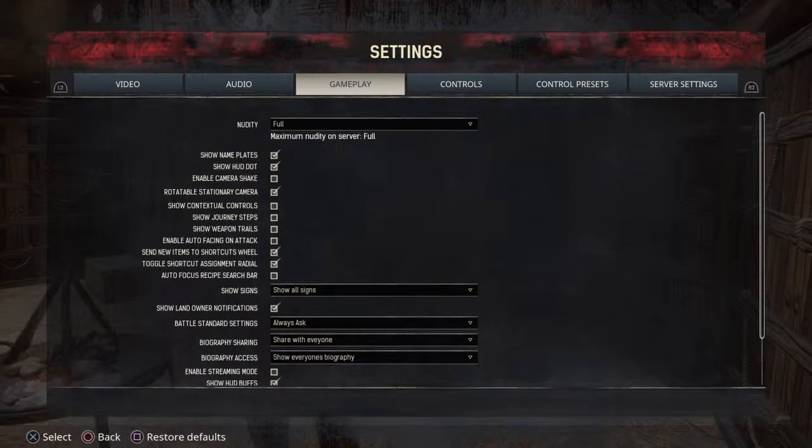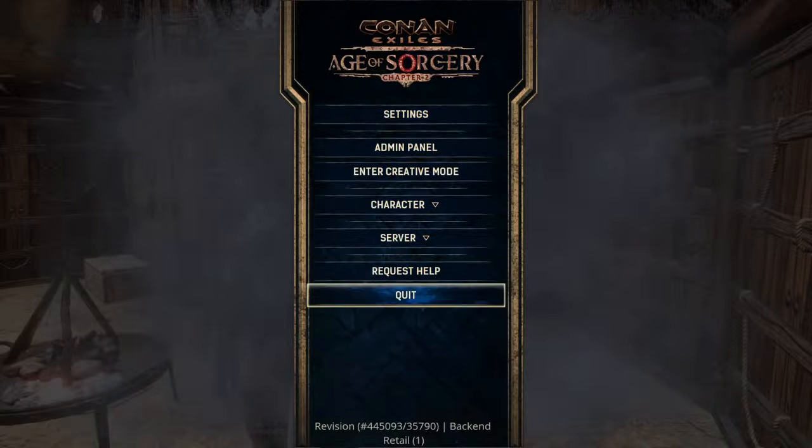All you have to do then is join a server that is not based in America or anywhere that has partial. It's Oceanic. I think the European ones have full nudity as well. Join them. You can see if it says full nudity on the list. And then you should have full nudity. So if I back out and go to quit,